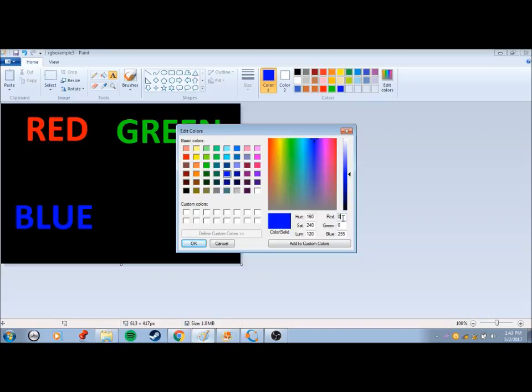For example, we set red to 200 and then we set green to 100 and blue to 65. We click OK.